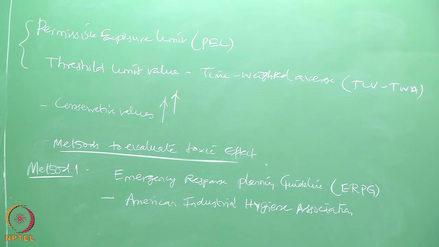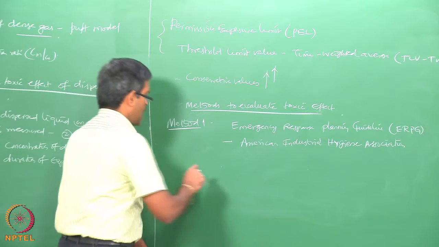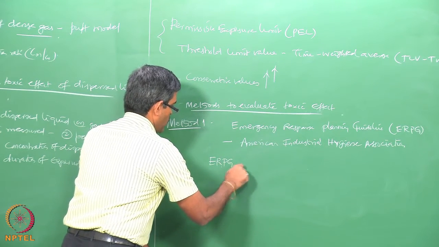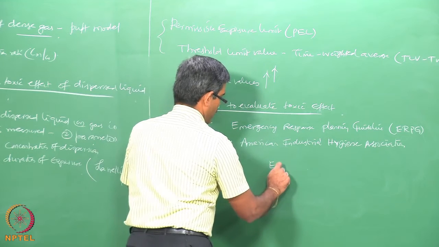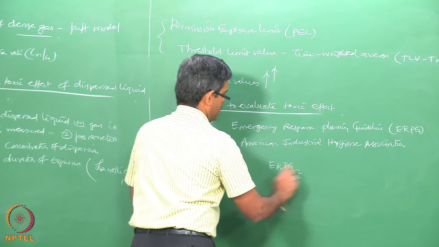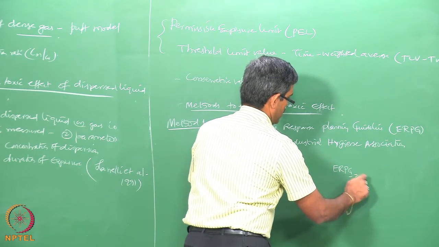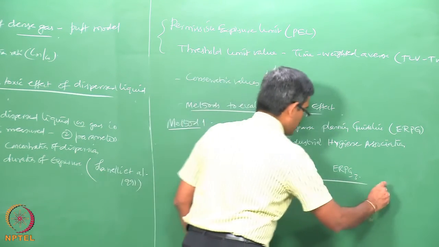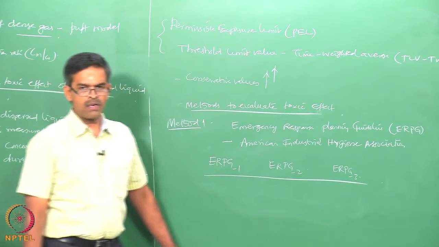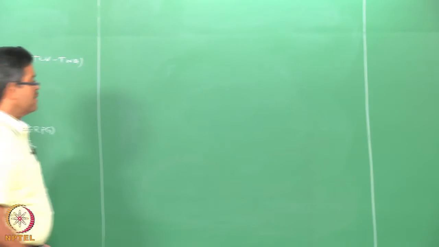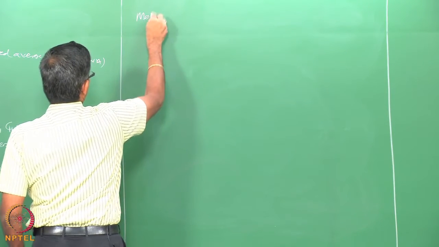ERPG values for different chemicals are available in 3 levels, namely ERPG 1, ERPG 2 and ERPG 3, which we will explain in detail when we talk about chemical release modeling in the further lectures. The next method, which is method 2,